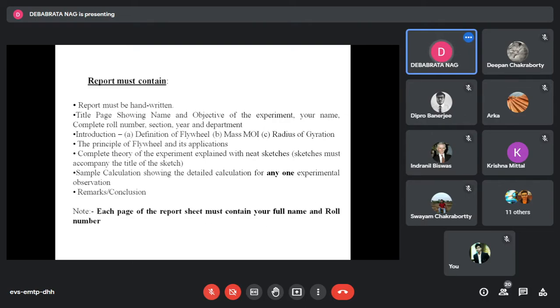স্যাম্পল ক্যালকুলেশন। এটার মানে কি, এখানে কিছু তোমাকে ডেটা আমি দিয়ে দেব, সেই ডেটার থেকে যে কোনো একটা ডেটা, দেখো এই যে এনি ওয়ান বোল্ড করে লেখা আছে, যে কোনো একটা ডেটা তুলে তার কমপ্লিট ক্যালকুলেশন কি কি তোমাকে করতে হয়েছে, সেটা পুরোটা তোমাকে করে দেখাতে হবে। সেটা যে কোনো একটা ডেটা নিয়ে, ঠিক আছে, মানে একটা T1 T2 পেয়ার নিয়ে সেটা করতে হবে। তারপরে রিমার্কস বা কনক্লুশন, তুমি যা লিখতে চাও। তুমি যদি মনে করো যে এক্সপেরিমেন্টটাকে তুমি